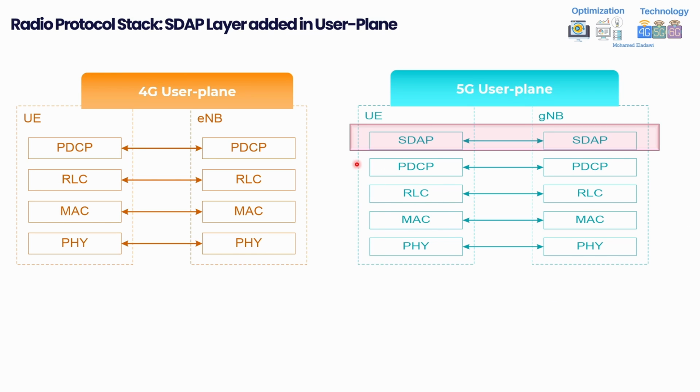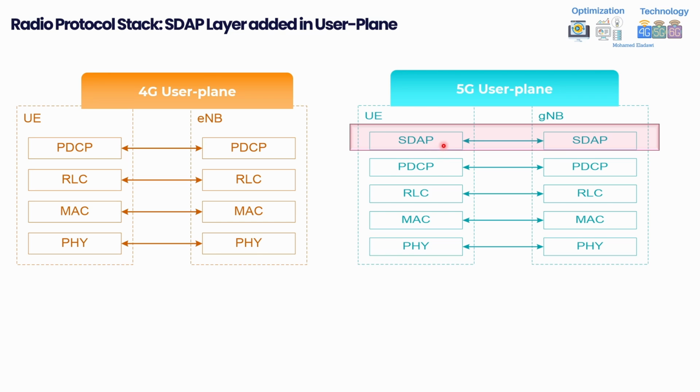Okay, moving forward, this is actually the radio protocol stack, with the SDAP layer being added here in the user plane. Now let me address the differences between the user plane radio protocol stacks. In the 4G user plane, from the UE and the eNB side, we have 4 layers, as you know. First one is PDCP, then we go into RLC, MAC, and physical. While in 5G, there is one additional layer added called the SDAP layer,